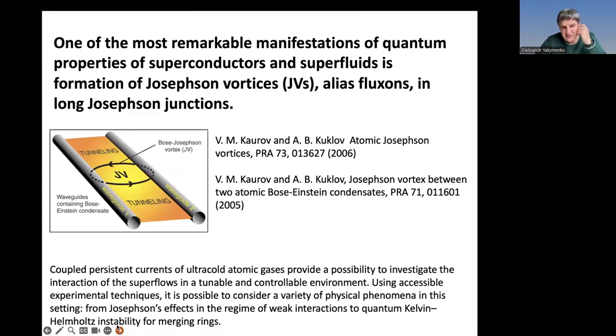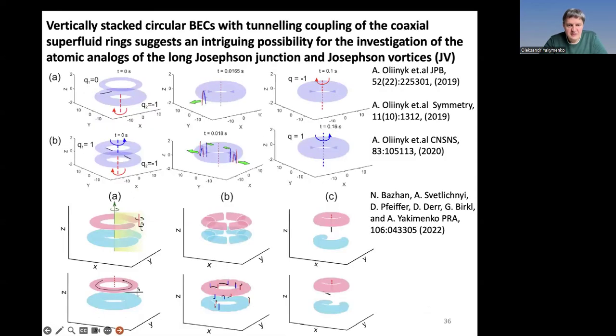Another interesting structure which can be seen in the condensate is the so-called Josephson vortices, which appear due to the phase difference between the counter-propagating flows, for example, here. And this structure can also be seen in a ring system. If you have stacked, vertically stacked rings, you can create